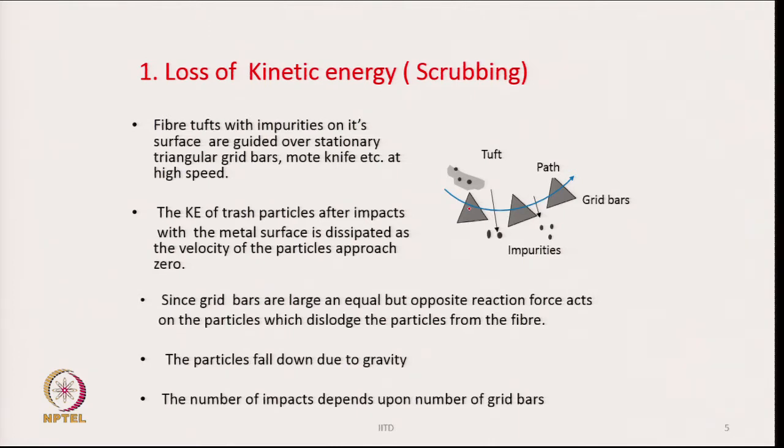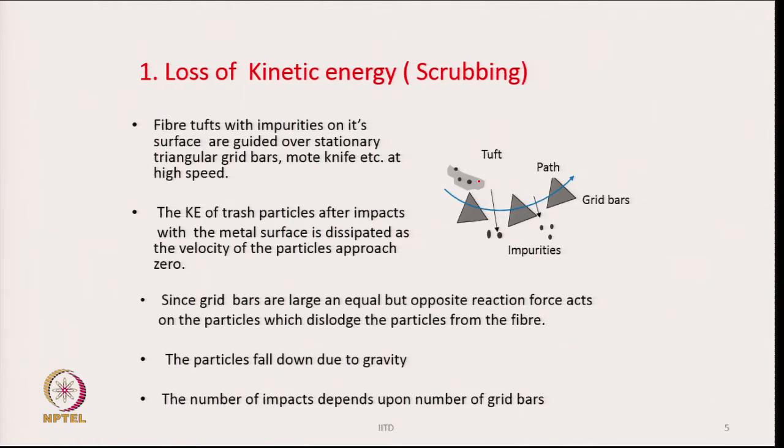So, they go across the full width of the machine, and they are arranged in a sequence the way it is shown at the bottom of any cleaner or beater. Fiber tufts with impurities on their surface, as shown here, are guided over stationary triangular grid bars, mote knives, etc. What is a mote knife? You will come to know as we go through the course,